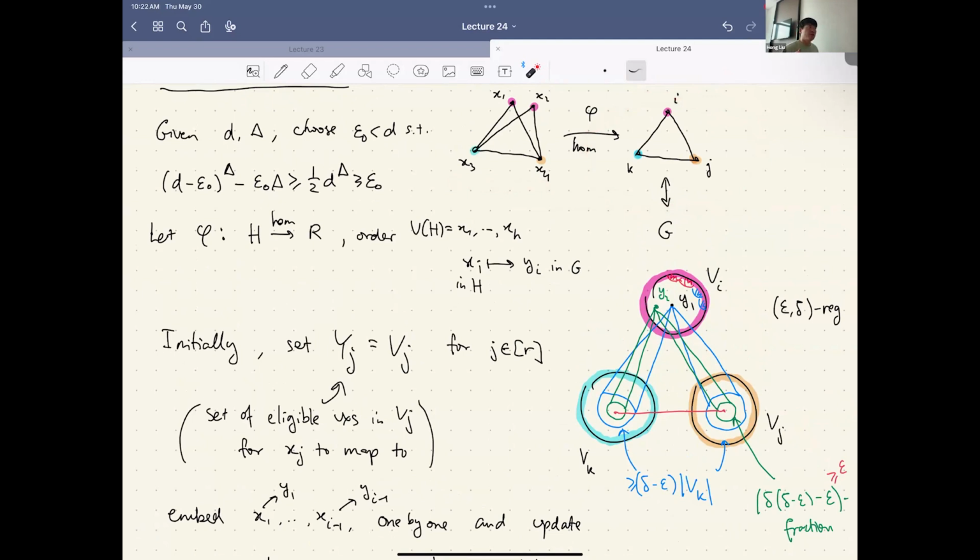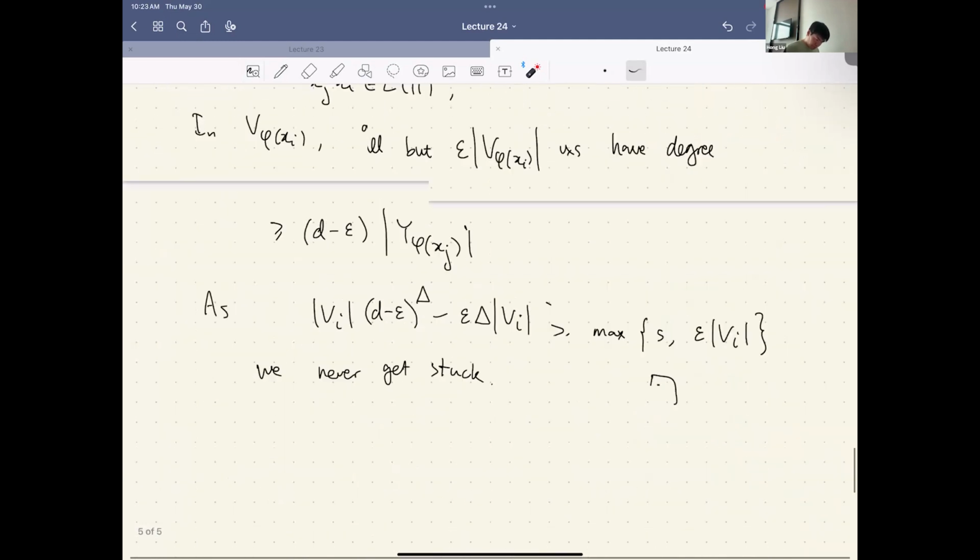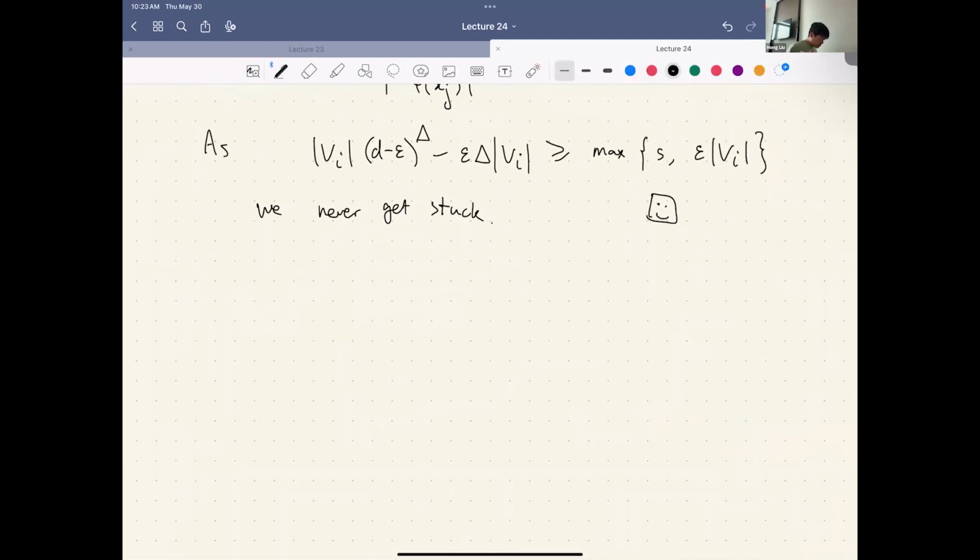If you view the reduced graph as a weighted graph, where the weights of the edges are the density between corresponding clusters, then the weighted count of subgraph density H is the same as the H density in G. This is the counting lemma. The next important lemma. Counting lemma states that